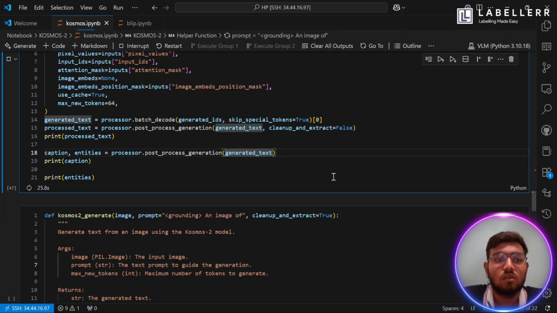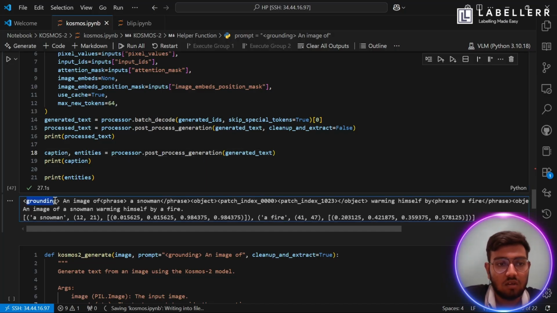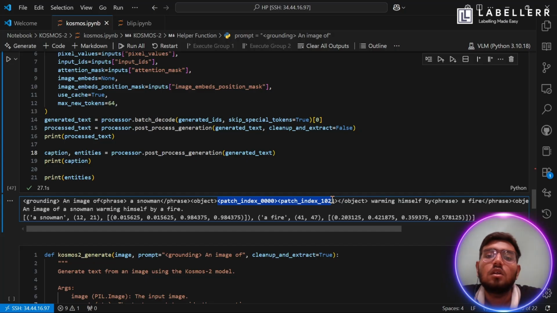When cleanup and extract is false, the result is given with all these tags. You can see the grounding is first, then the image of a snowman and the place and its location. This is the location of the object detected by the model,